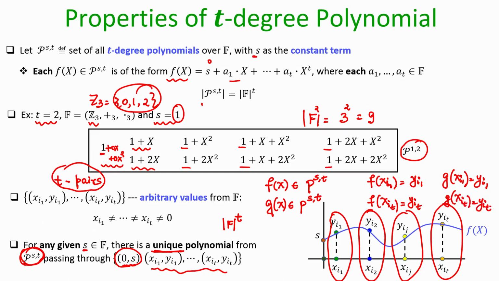That is not possible, because since both the f of x polynomial and the g of x polynomial have their constant term as s, you also have the condition that f of 0 is equal to s and g of 0 is equal to s. Hence f and g, even though they are different polynomials of degree t, would have t plus 1 common values. That is not possible. So there can be only one f of x polynomial whose constant term is s and whose degree is t, and which passes through these given t distinct points. You cannot have another g of x polynomial possible.